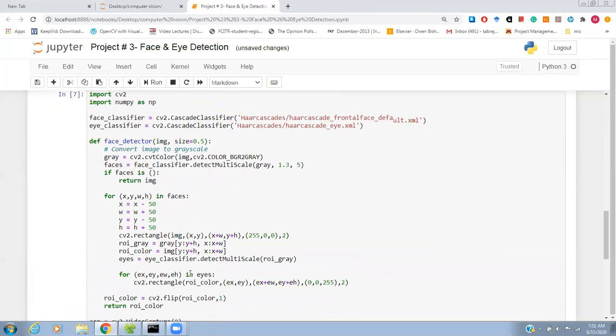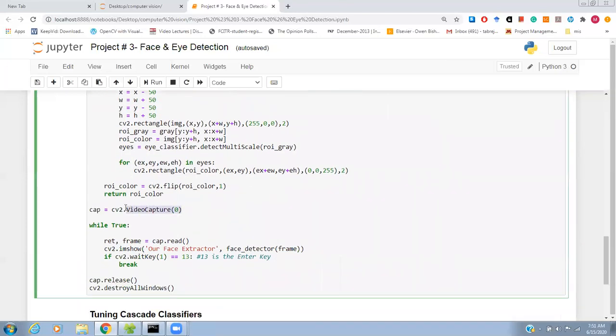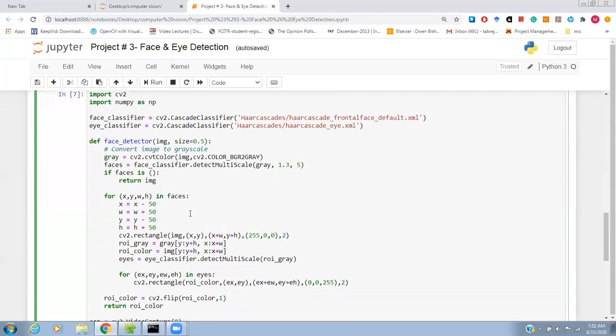If you see here, the same functions are there, and here what we are doing is capturing our camera. With a simple VideoCapture function for the webcam, we store it in cap, and then we read the frame of our webcam and pass it into this face detector function.